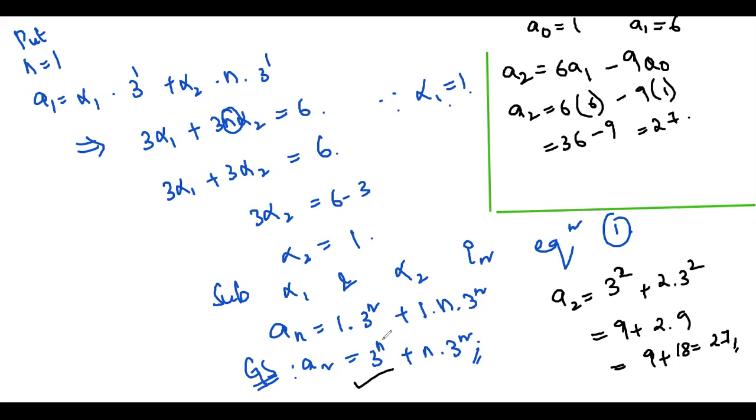What is the purpose of the general solution? The purpose of the general solution is that whenever we want to find A8, A10 or any other term in the sequence, then it is not necessary that we need the previous terms. So this is the theorem 2, that is whenever we have roots real and equal. So let's just summarize our two theorems so that we won't get confused when we are studying the next one.